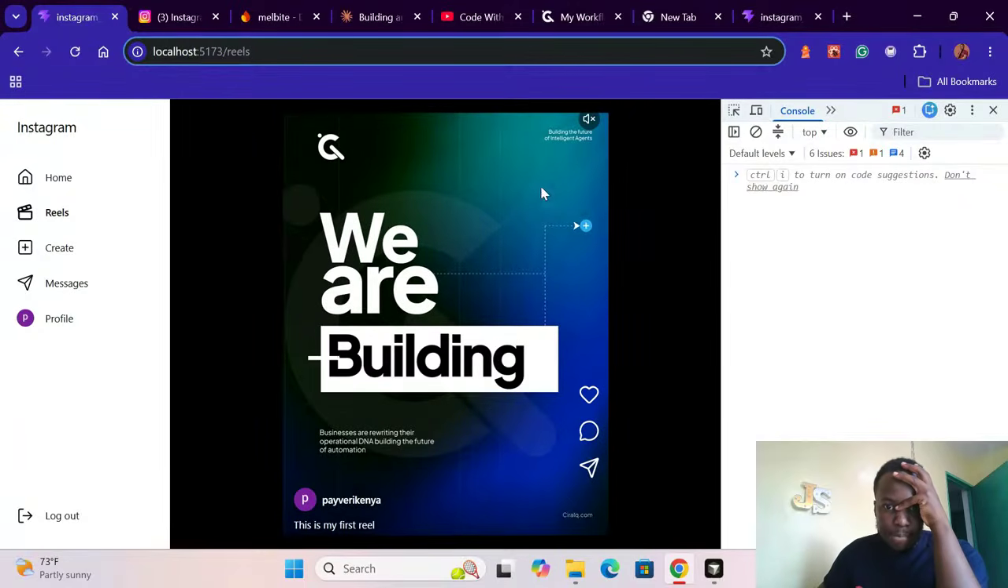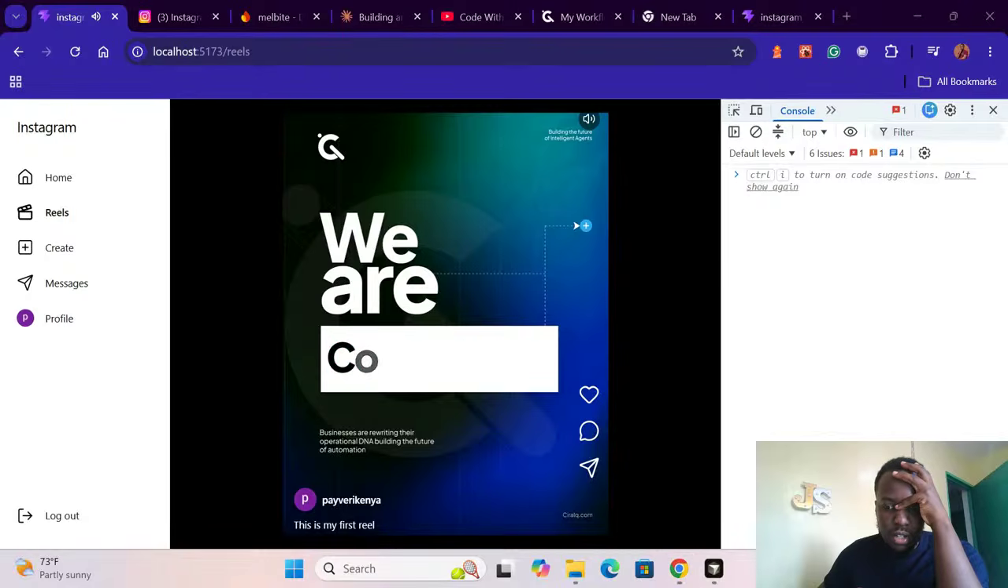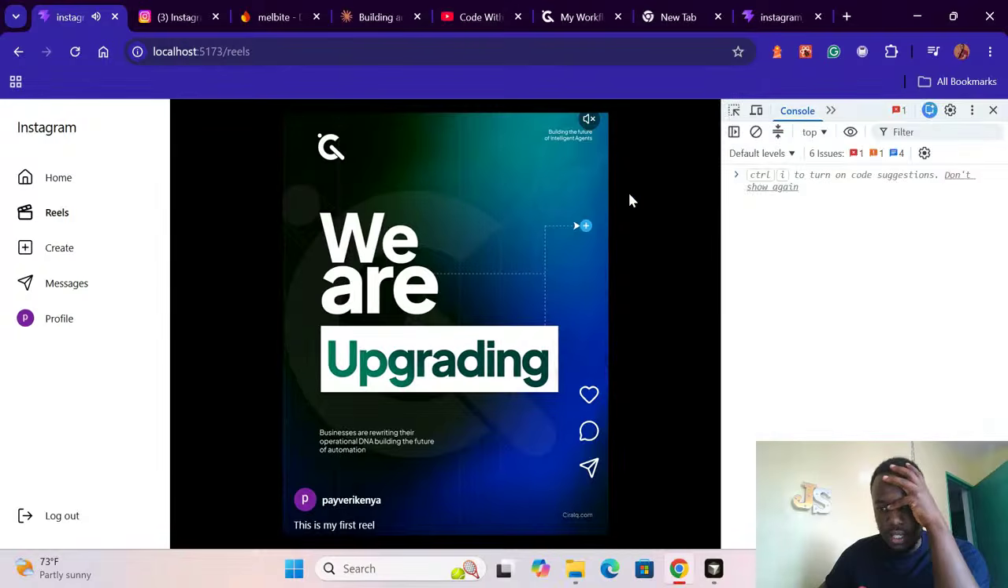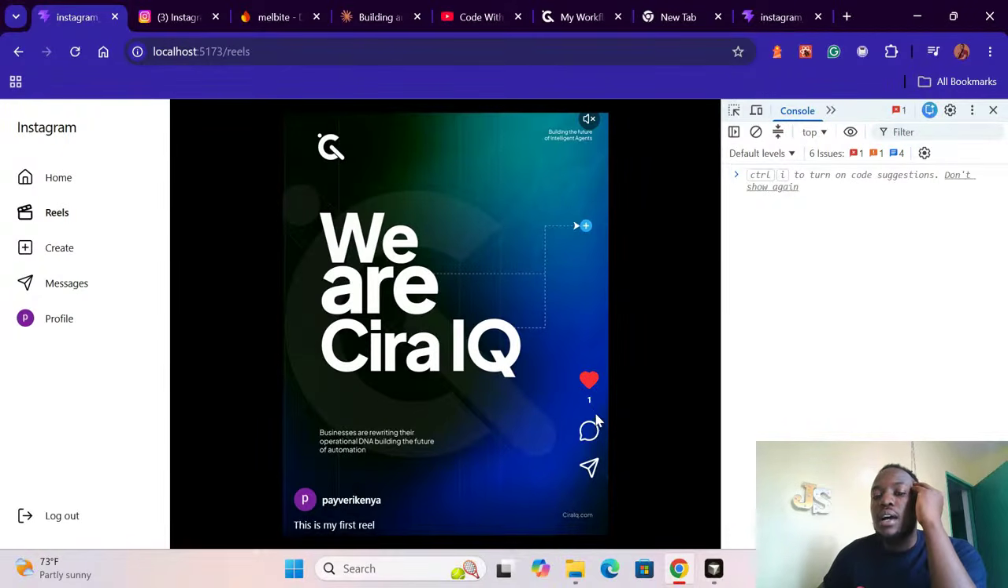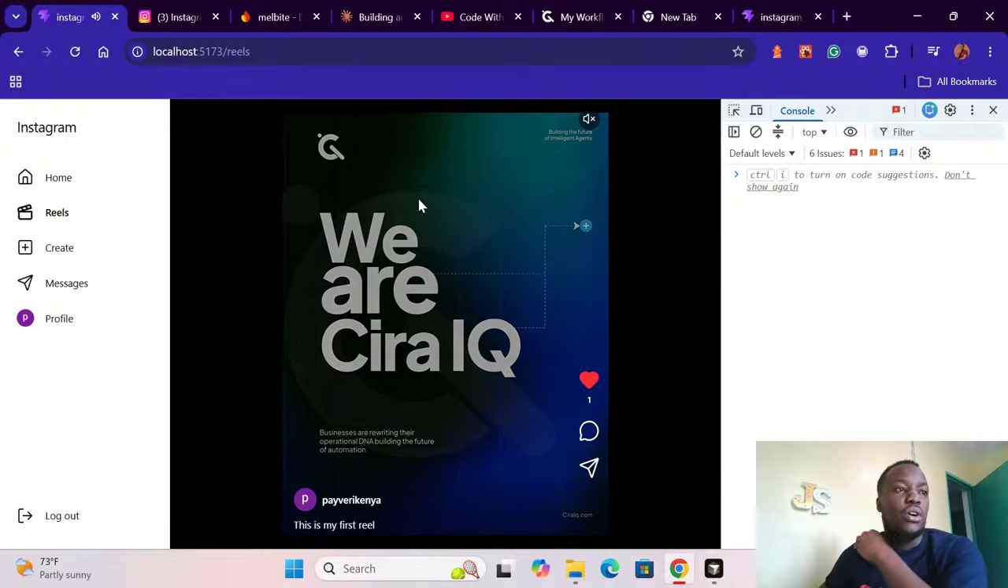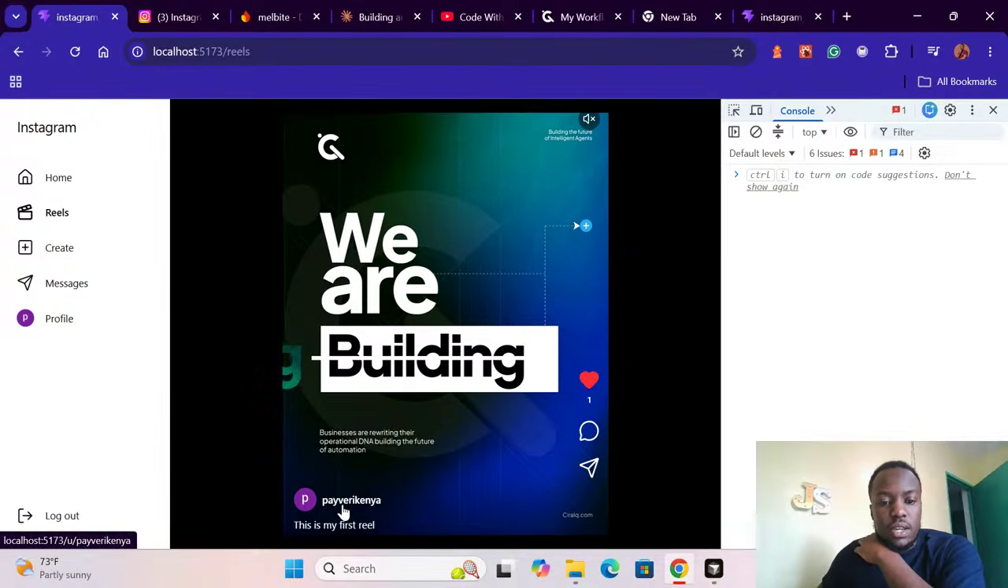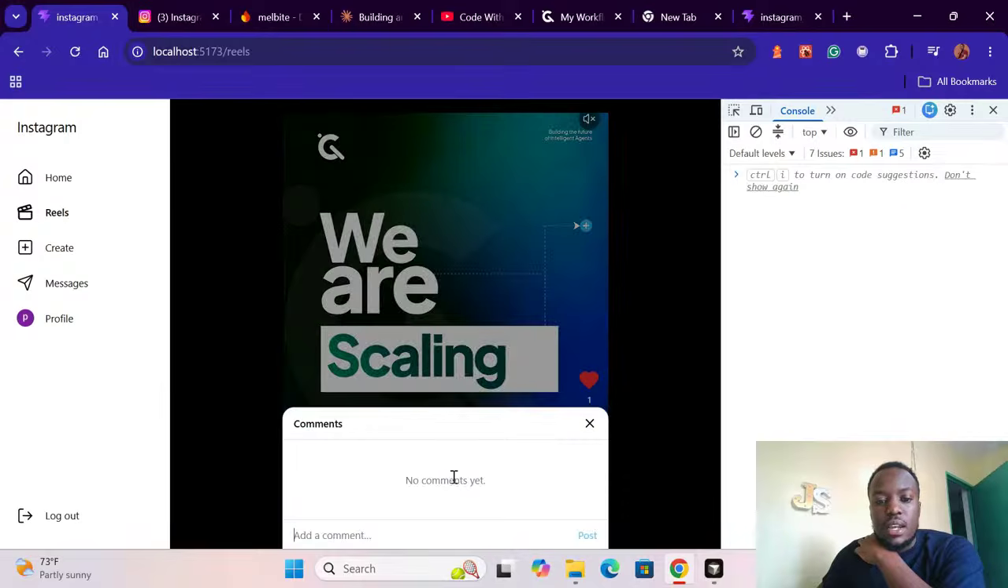So let's see. Actually, you can see this button here for sound. Let me just check. Yeah, it's actually playing some sound on my end. So I don't need to click here to like. I can just double tap anywhere in the video, and it likes the reel. You can see the creator, I can comment and say,